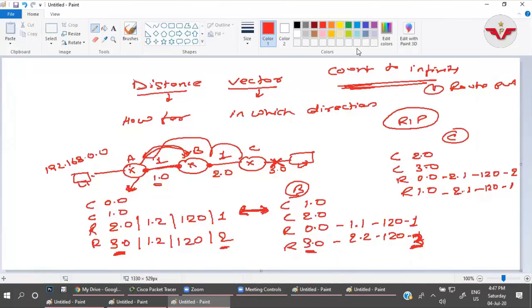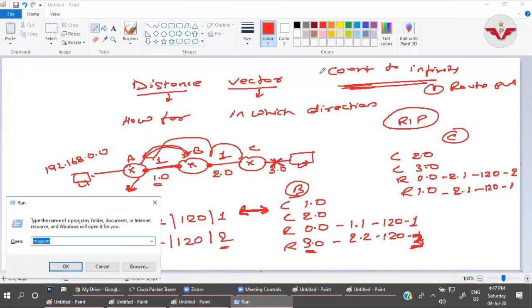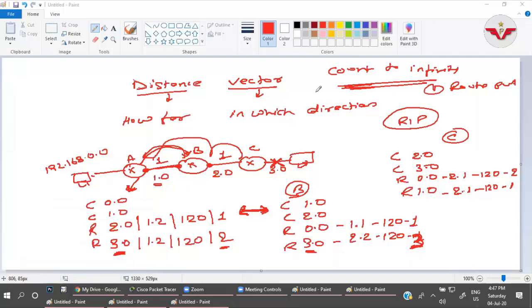Okay, now let us come to the next thing, configuration.